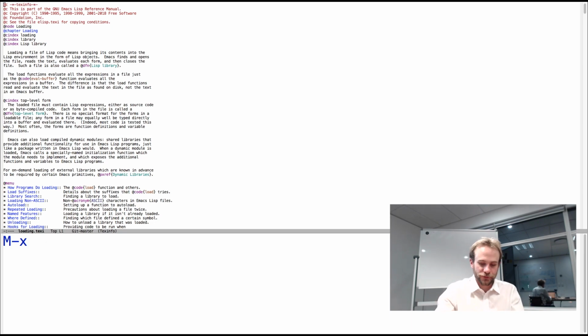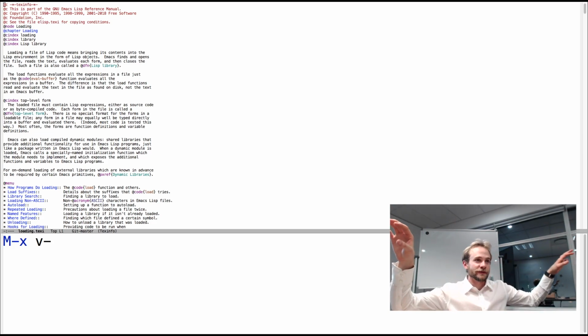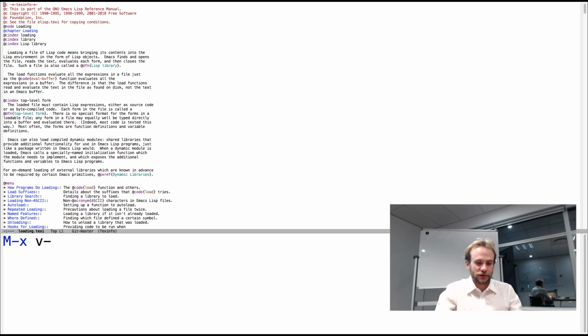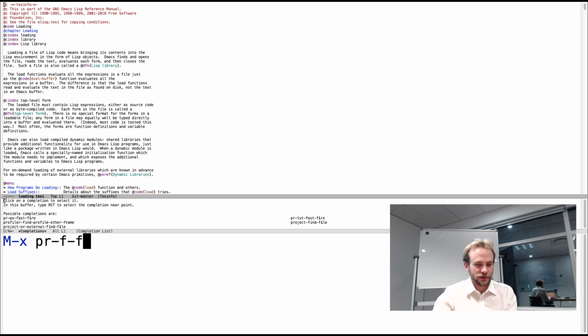What that function will do is take short reads of the things. It won't just complete from the front or complete with glob patterns. If you've got multiple words, it'll complete the words individually. So here I'm going to go PFF, because dash is a word separator. And that should complete to project find file, but it's showing me that it could complete to some other things